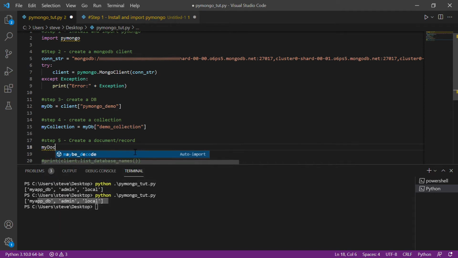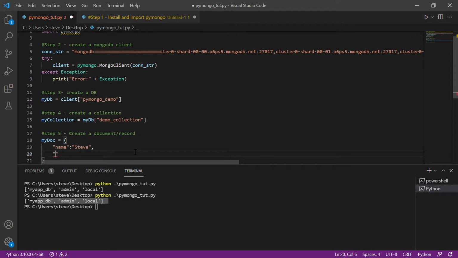This will be my doc, and I'll show you how JSON format is. I'll write a key, which is basically key-value pairs. Okay, so the key is name, and the value against this key is my name, Steve,